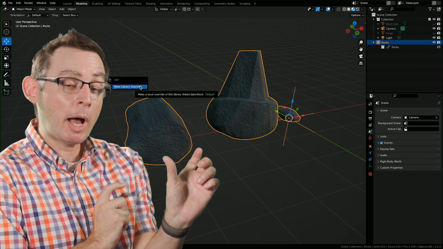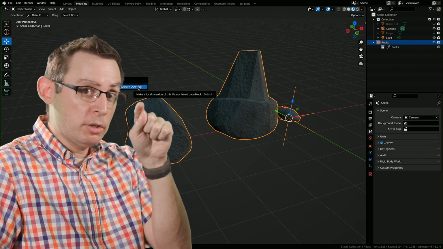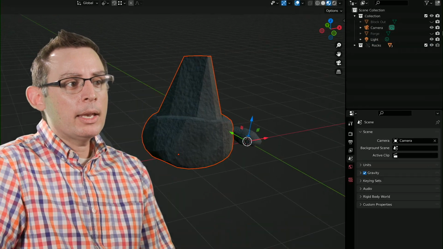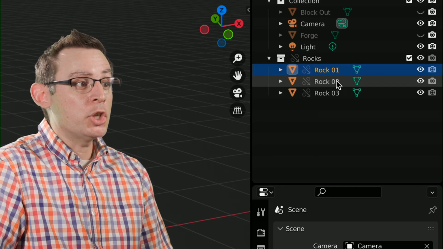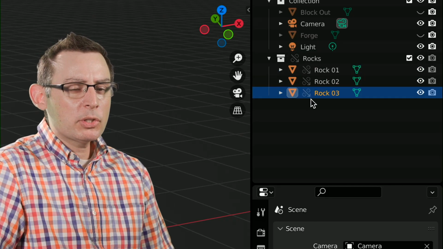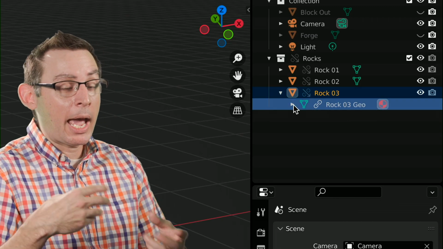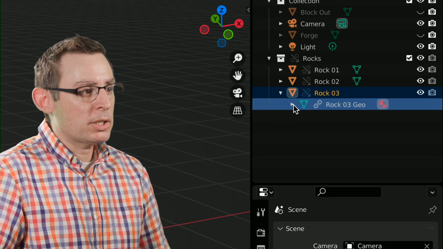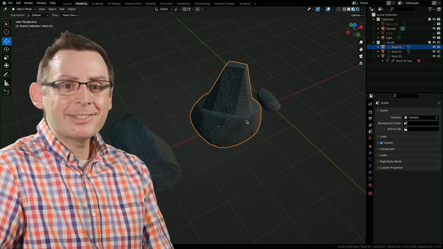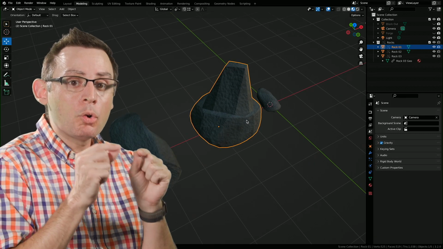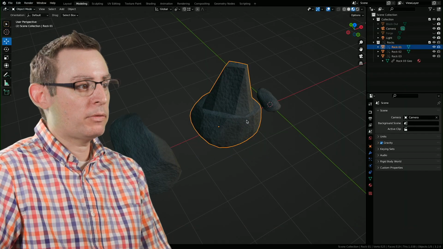When you click on it, a new popover is going to appear underneath your cursor, and it's going to say, are you really sure? Make library override, question mark. If you hit OK and examine the contents of our outliner, check it out. Now we have access to all of the objects inside of the outliner, but we're still seeing this link object in here. We can see the data containers. That means we can access them through maybe a number of different systems, but I can't change these data containers. With this rock selected, I still can't go into edit mode and make a local change to the data container in this project file. I'd have to go to the rocks project file to do that.